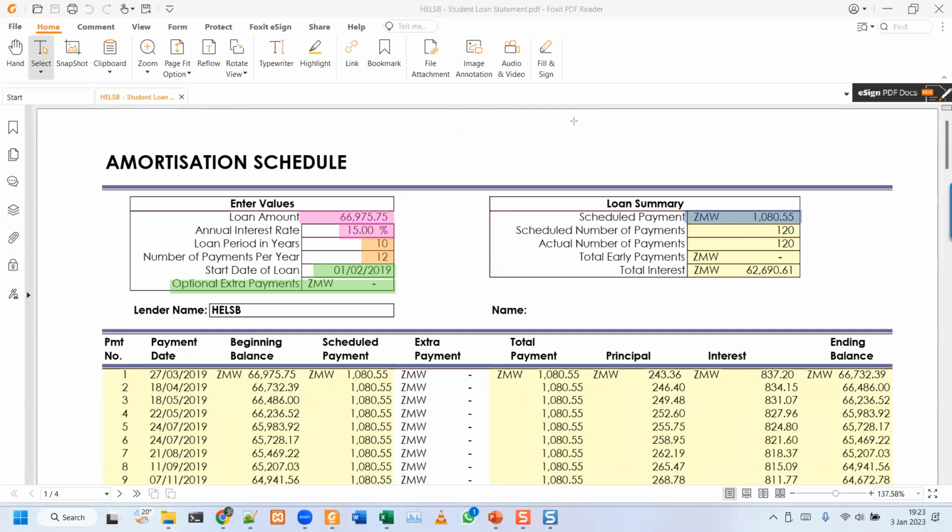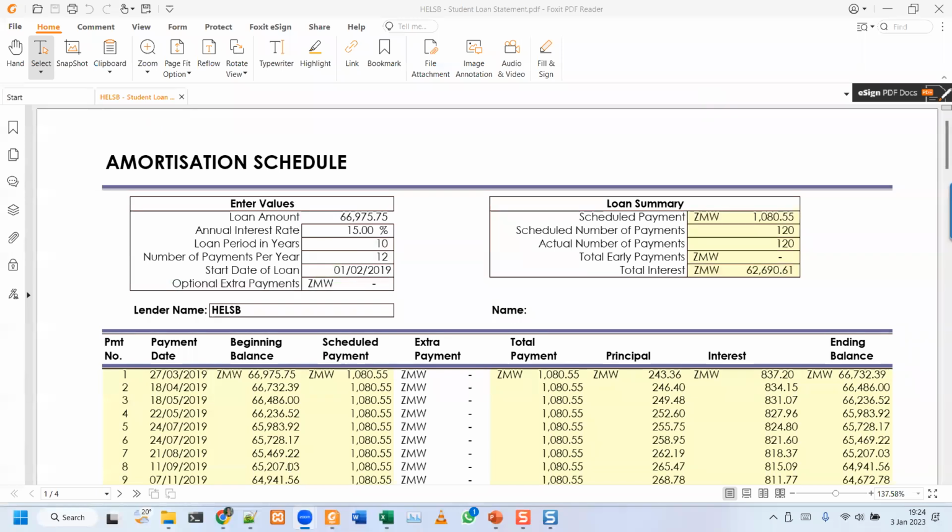And after that, you are going to see how much interest you're going to pay back throughout your total tenure. So in this case, you borrow 66,975, and then you pay back 62,690.61 ingwe. Now, this is the perfect scenario. This is if everything goes according to this amortization schedule. You start at the correct date, you find a job exactly 1 year after, they say all those deadlines and whatnot. And actually, now that I mention it, let's probably quickly go to